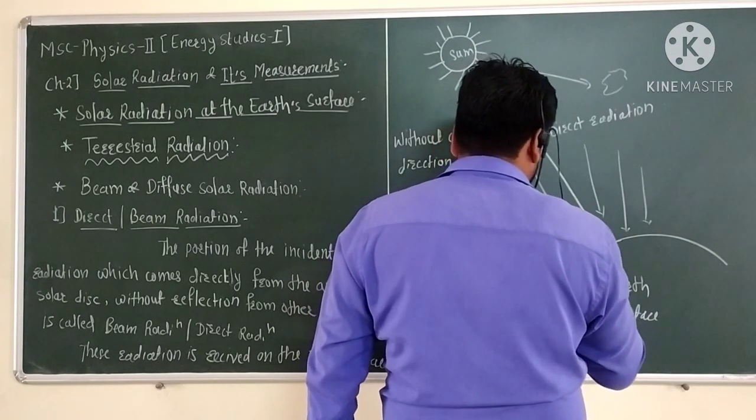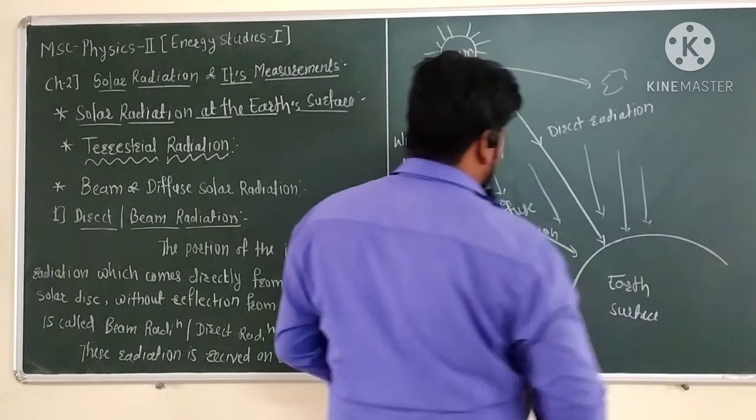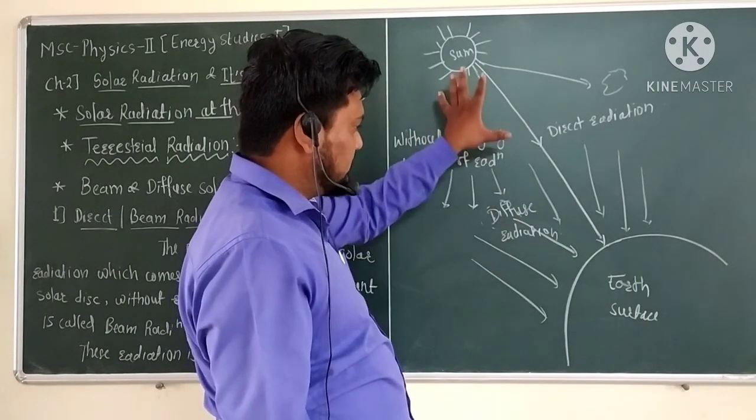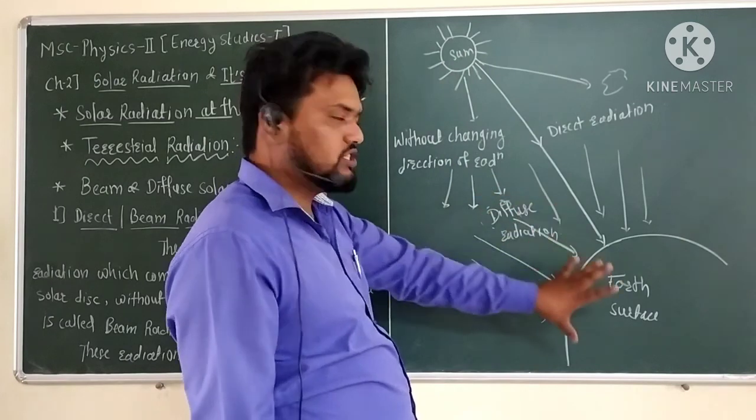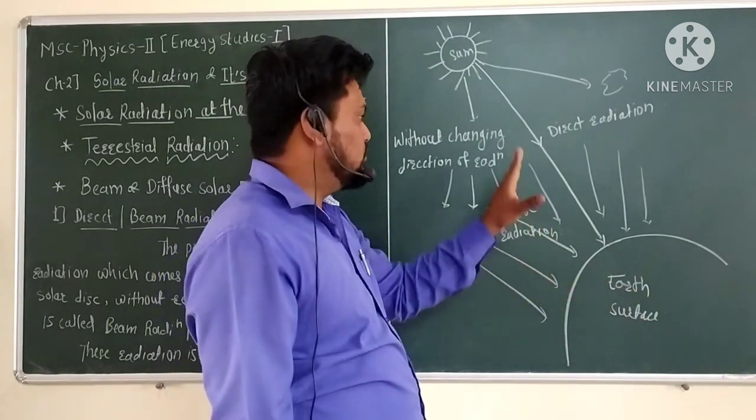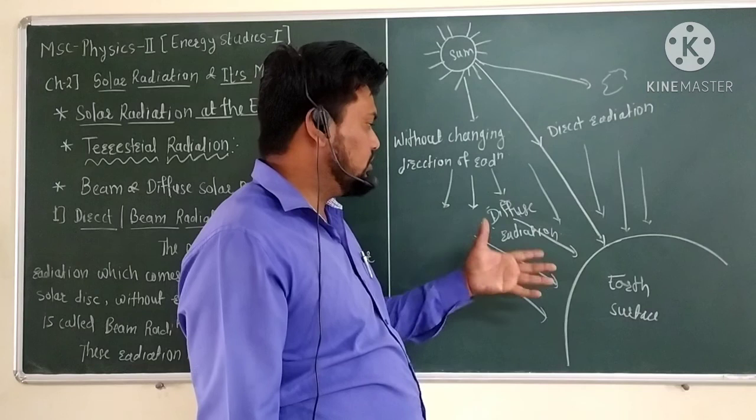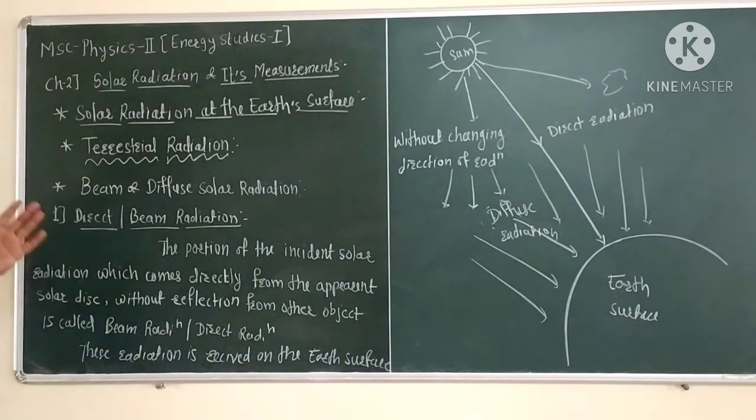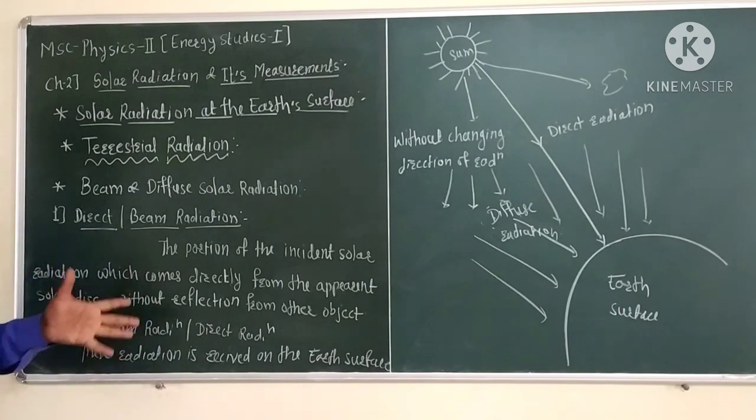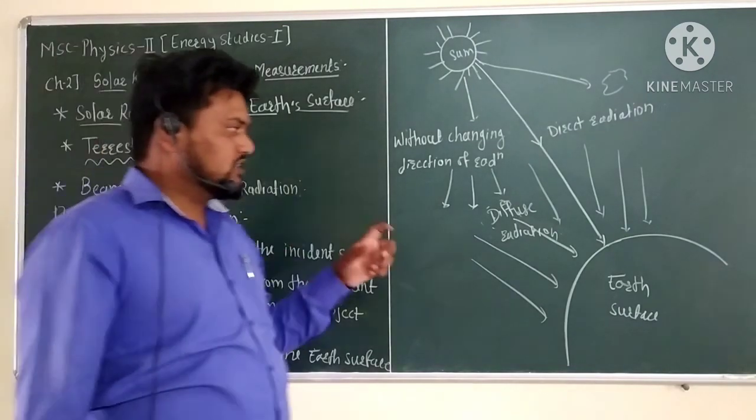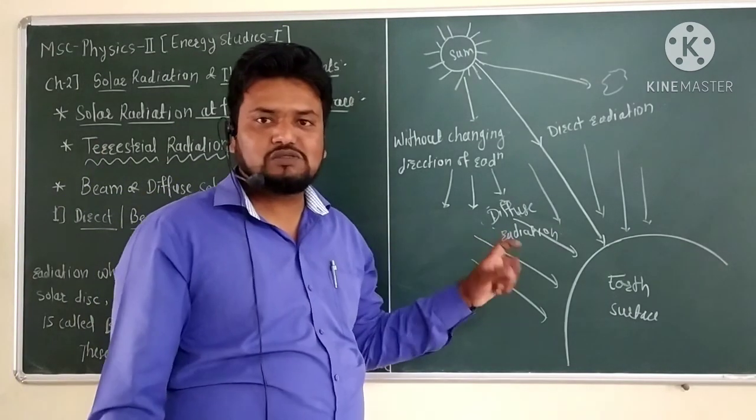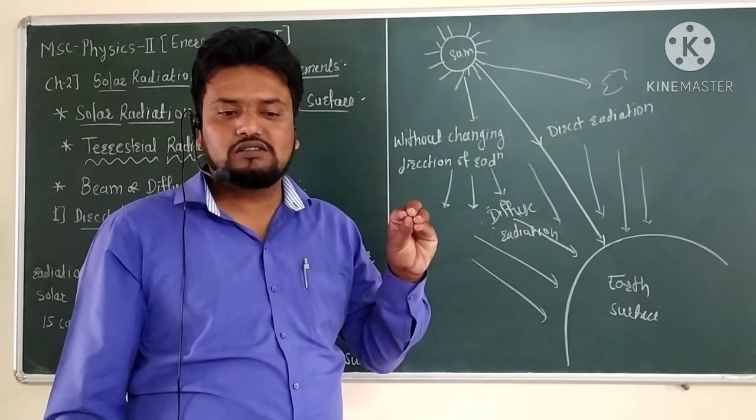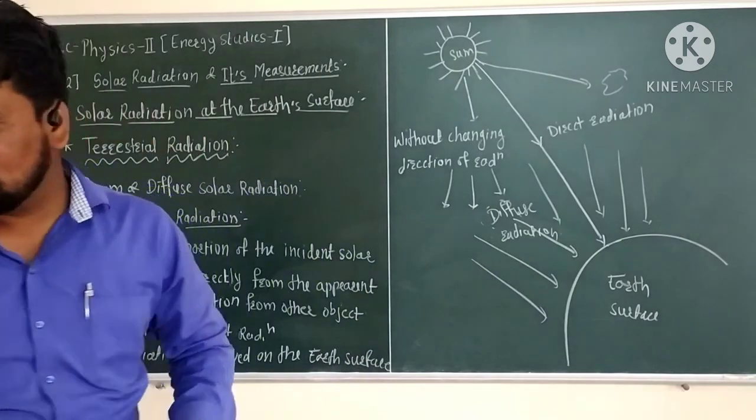Diffuse radiation. And concluding, this direct radiation and this diffuse radiation, all types of the radiation which is incident on the earth surface, is considered as the total global radiation. So this is the first type of radiation, the direct or beam radiation, the radiation incident on the earth surface directly without change in direction. That is known as the direct or beam radiation. So now